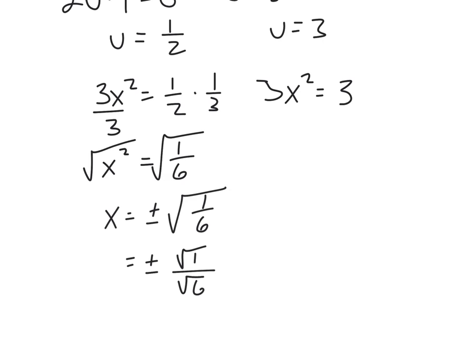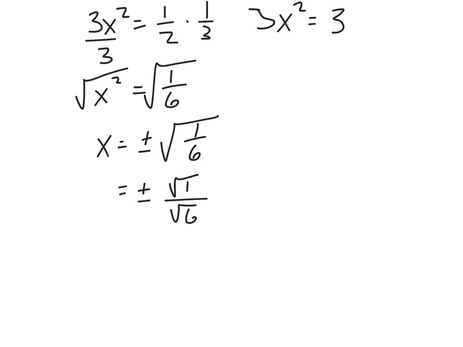Square root of 1, of course, is 1. Square root of 6 doesn't go anywhere. We do, however, have to rationalize. We have to get rid of that radical in the denominator. We're not allowed to have that. To do that, we multiply top and bottom by the square root of 6, which is going to give me plus and minus the square root of 6 all over